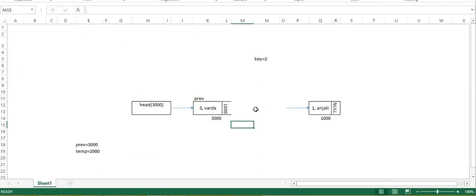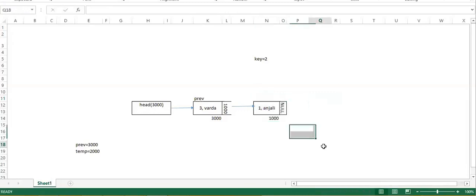It means that this link is created. The node has been deleted and this link has been updated. So now we are left with only two nodes.